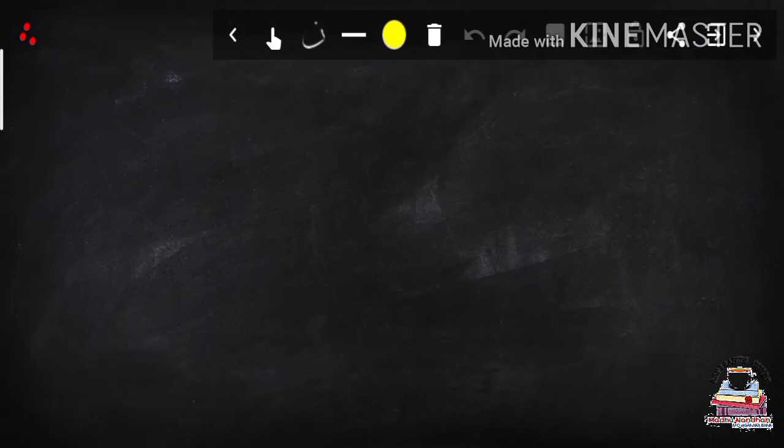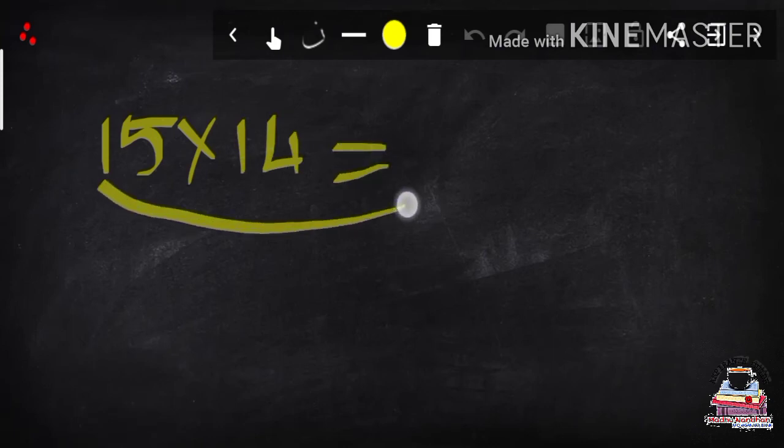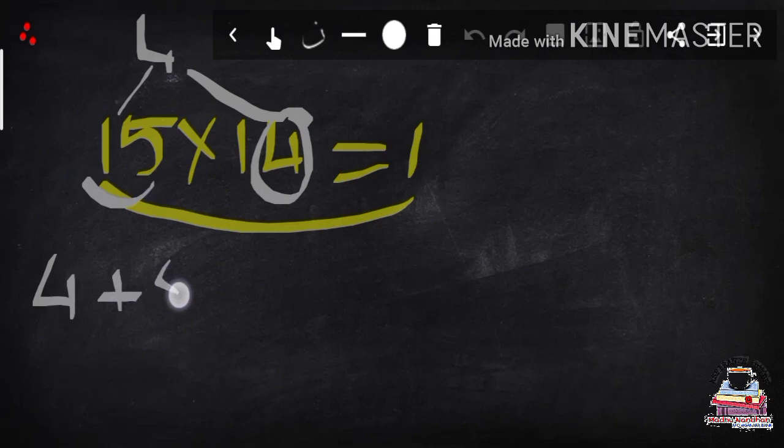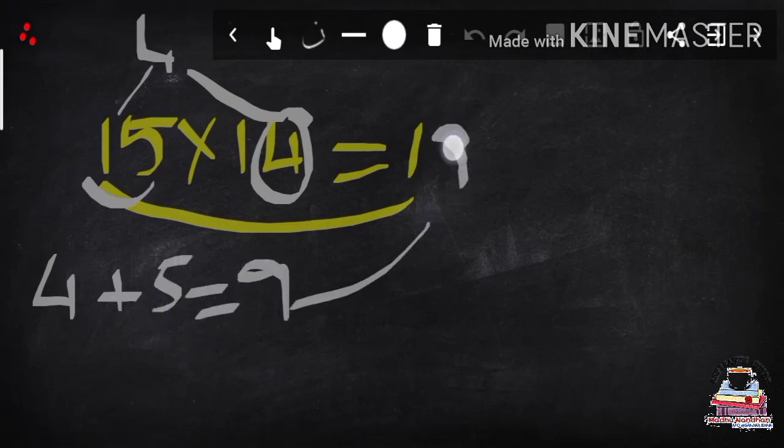Okay, now let us look into an easy way to multiply any number with 14. Here I am taking the example 15 into 14. Take the first digit of the given number as the first digit of the answer, and then to get the remaining digits, multiply them with 4 and then add up with the next digit. Here I multiplied 4 with 1, that is 4, and then sum up with the next digit, that is 5, so I got 9.